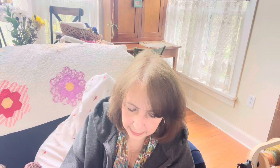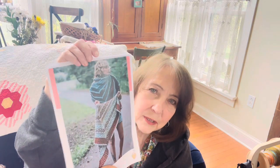Then the other thing that I saw that I really, really liked is Susan from, what is her, Wild Cottage, Ireland. Wild Cottage Knitting. How could I forget that? Hi, Susan. So on one of her earlier podcasts, she made this shawl. And this is the Golden Hour shawl by Andrea Knits. And she did it in a whole bunch of different colors,